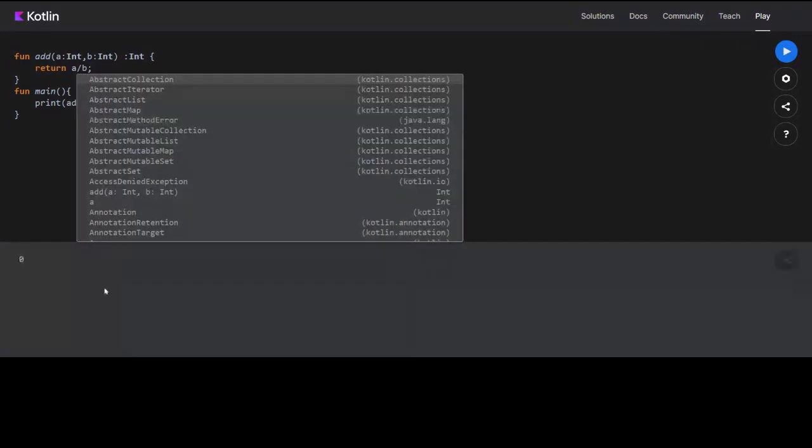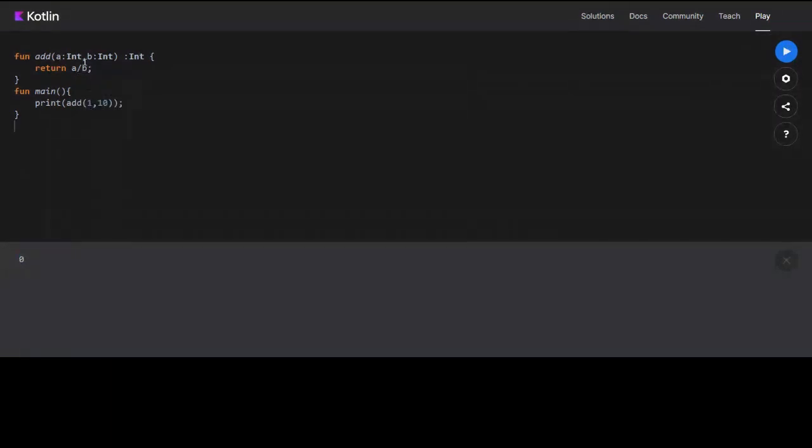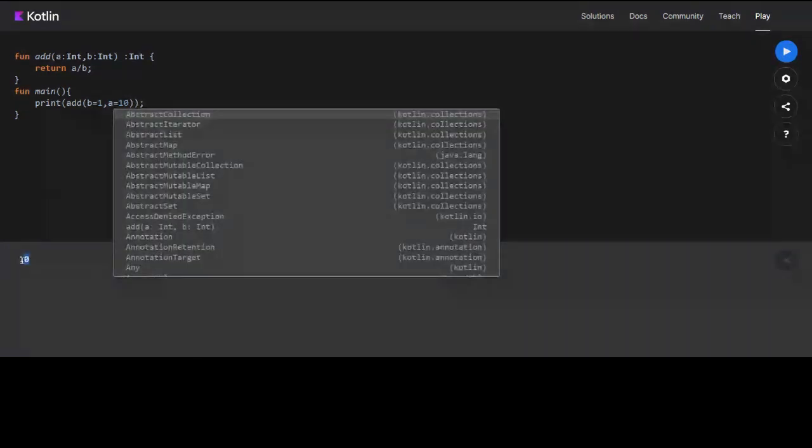Okay, see, now I'm getting 0 because it is taking the value of a to be 1, because a is the first parameter here and we have not defined any name, so it will just consider 1 to be the value of a, 10 to be the value of b. But what if I want 1 to be the value of b and 10 to be the value of a? For that, I will just say b is equal to 1. Then I would say a is equal to 10. So now I will get the value 10 because it is taking a is equal to 10 and dividing